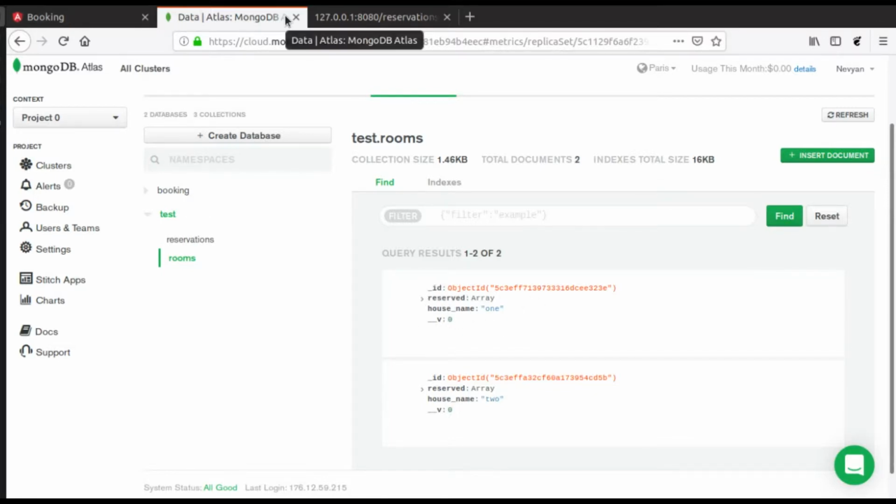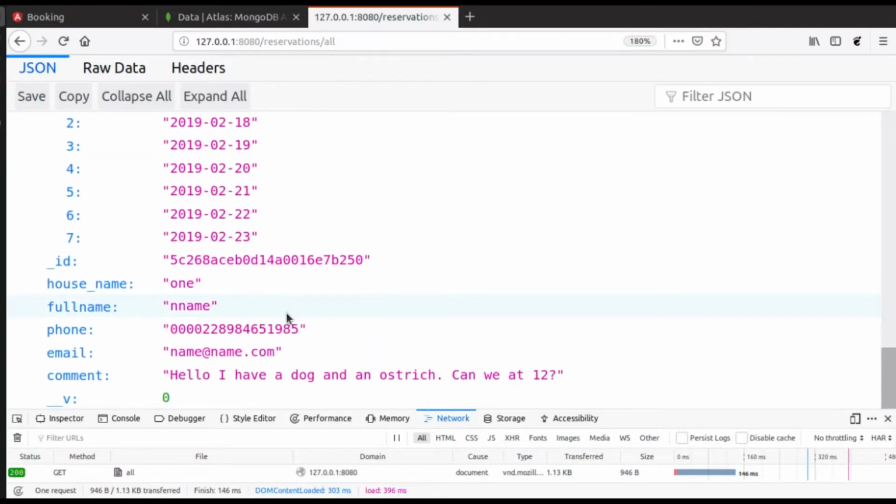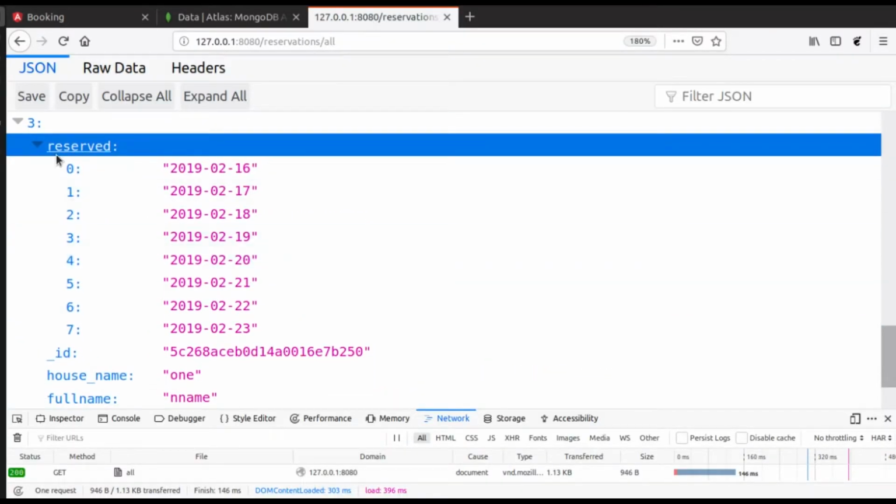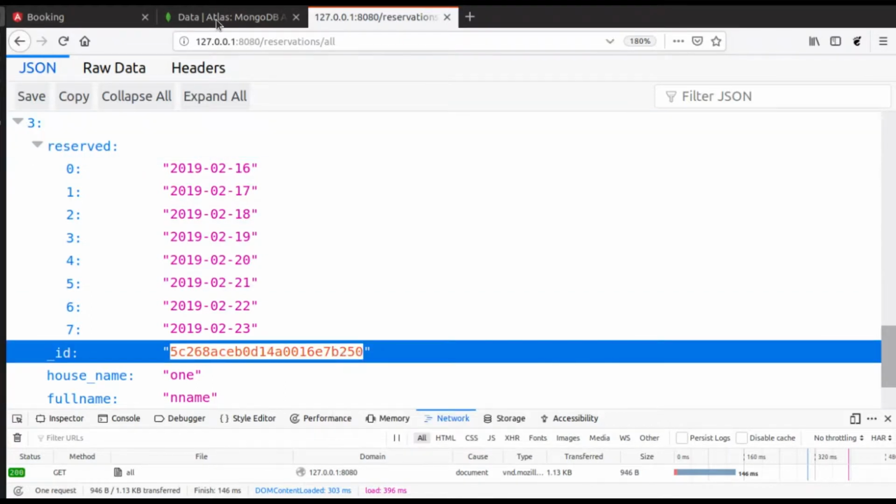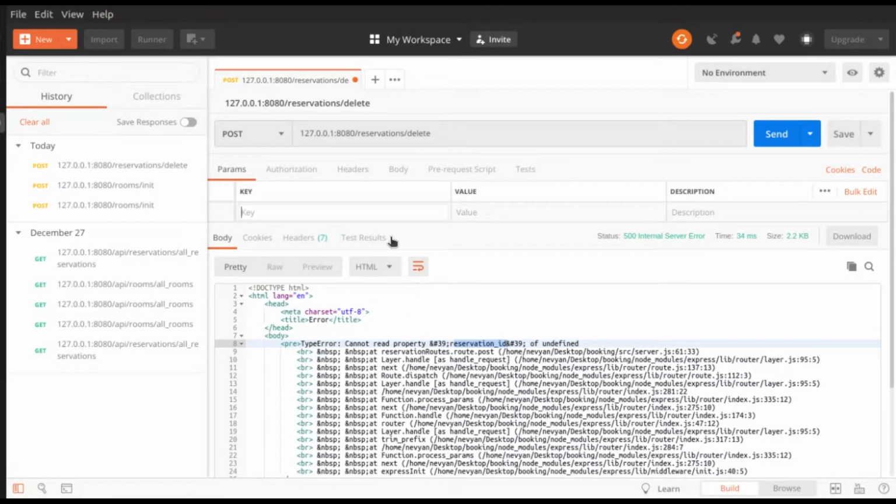Basically, this will get this ID and will match the records, and we will delete them based on this ID here. All right, so we can go to the reservations, and let's say we would like to grab this record, and it has this ID here. So we will copy it